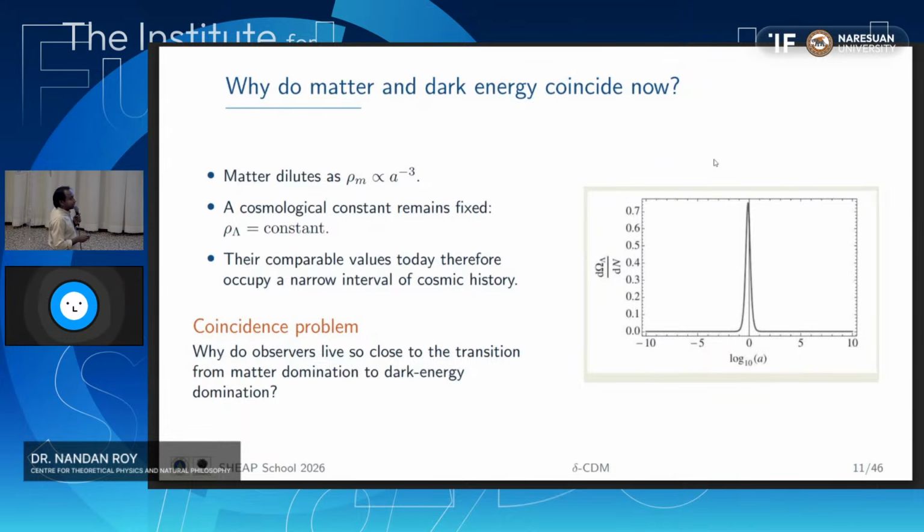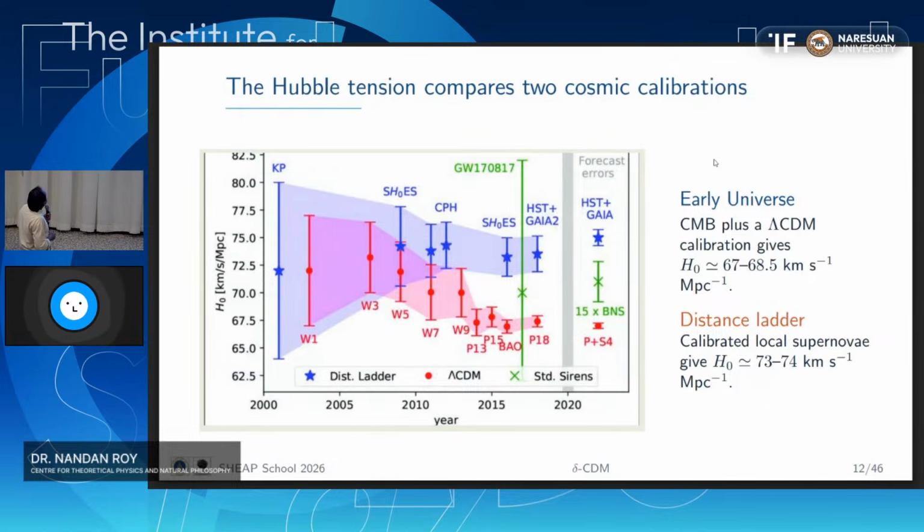Because if you plot the ratio, they were 100 or 1000 orders of magnitude different from each other, and they will be differing from each other in the future. But why is this peak here? So this is a coincidence problem, and maybe not only for the cosmological constant, but in general a problem for dark energy models. And it can really lead to a very fine tuning in initial conditions, which is needed to get this behavior at a particular time.